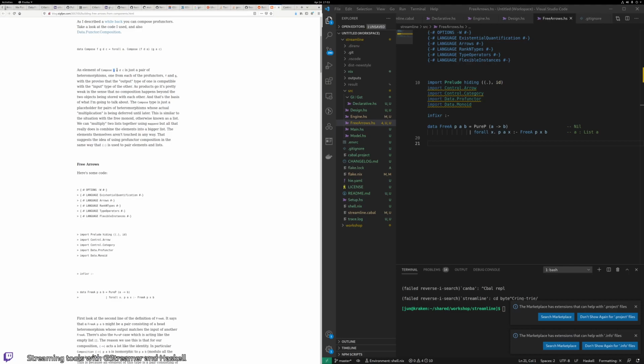Compose of F and the P such that the F then becomes A B. This is confusing. Let's write it down. Compose P A B. And then let's write down a definition of compose